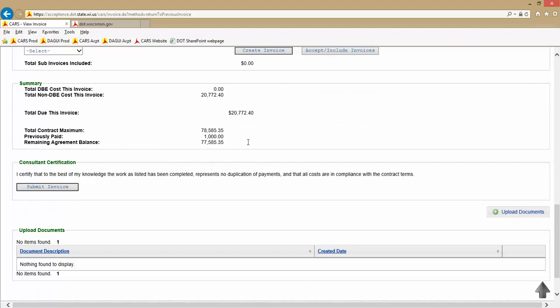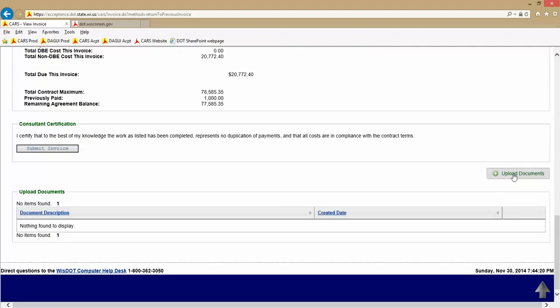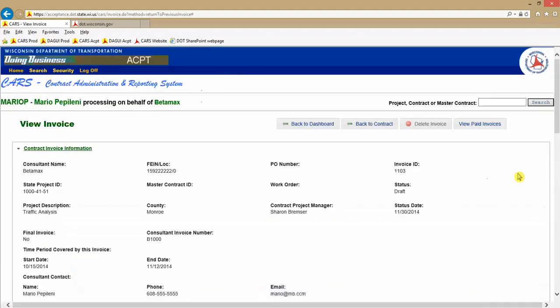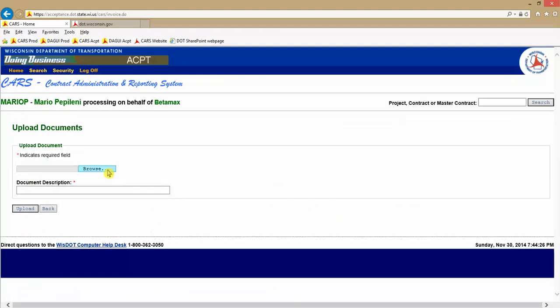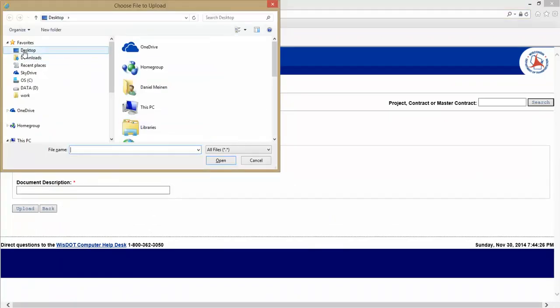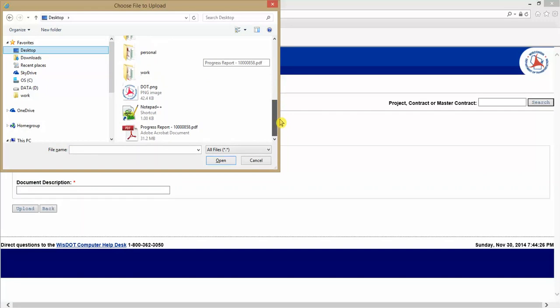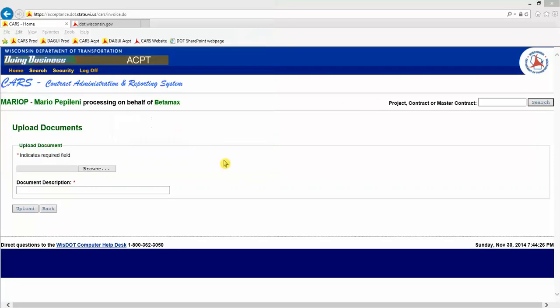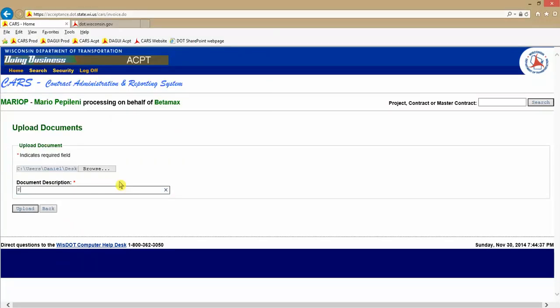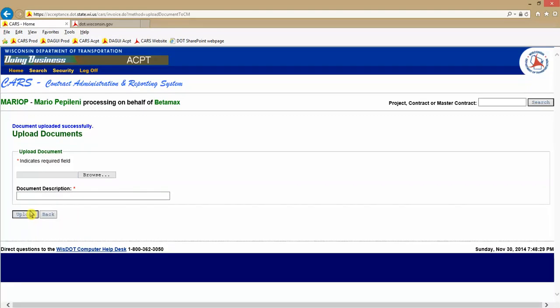So I've got the summary information below, which is basically the summary of this particular contract. I do want to upload some documents here. So I'll click Upload Documents, and I'll browse for a PDF that I'll be able to upload into CARS, this invoice. So this is just a progress report, and I'll just give it a description name and upload that. And now that becomes a part of this invoice's record. And you can see that this document has been uploaded successfully. We'll now click back,